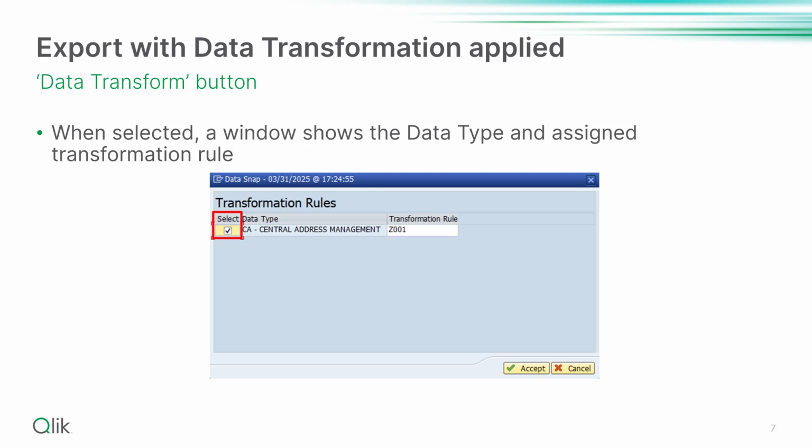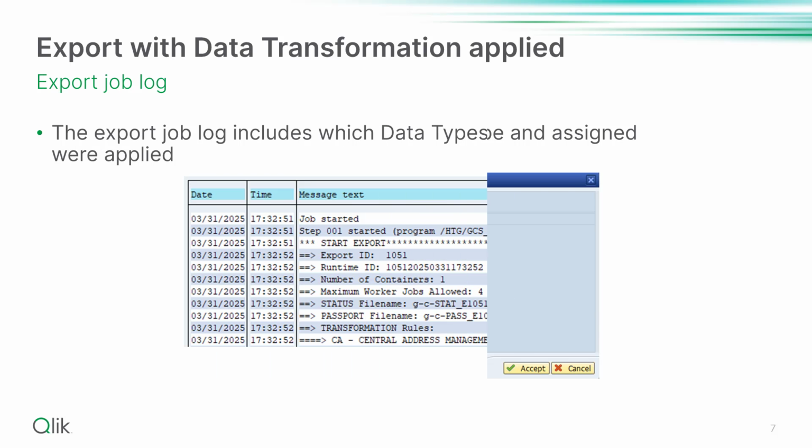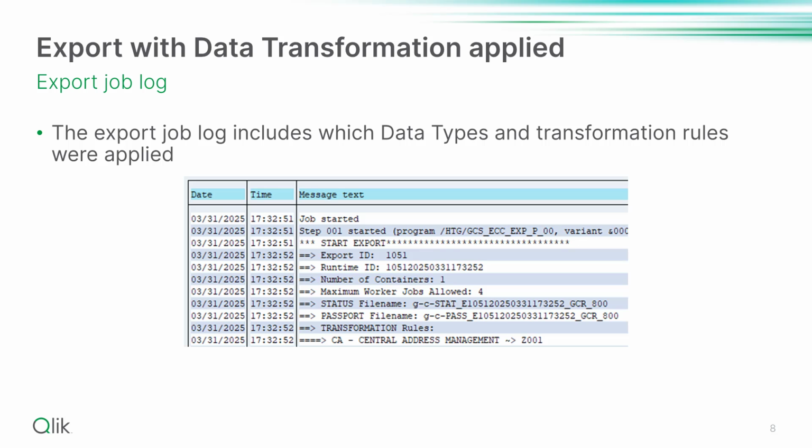But the more likely use case is to apply a different transformation rule or to run the export without transformation. In that sense, providing access to the Data Transform button should be limited to only specific users who are permitted this important exception. Be advised that the job log includes details about which data types and transformation rules were applied to the export. This content is located only in the initial or parent job and is located near the top of the log